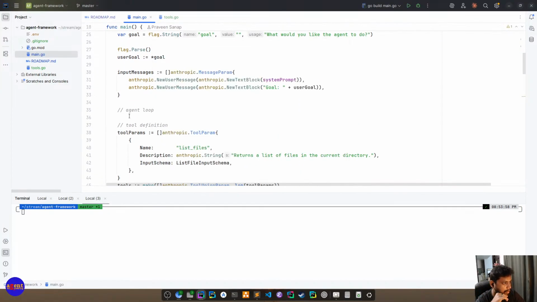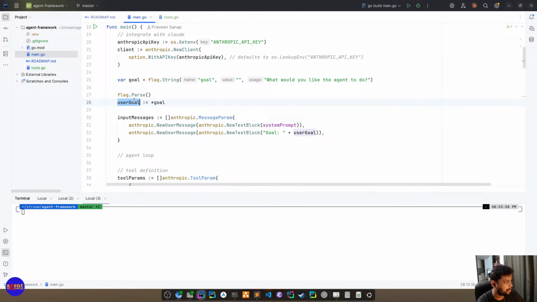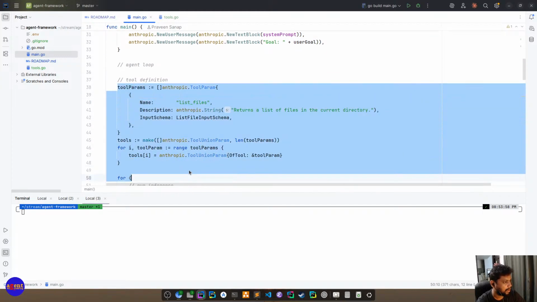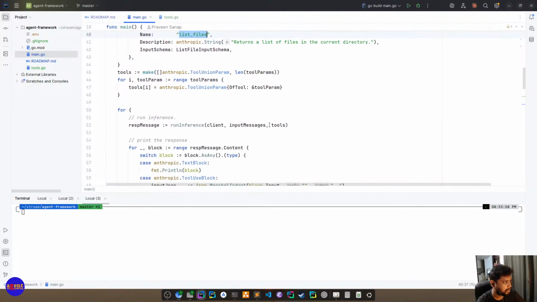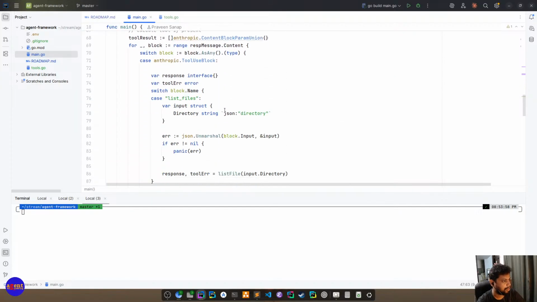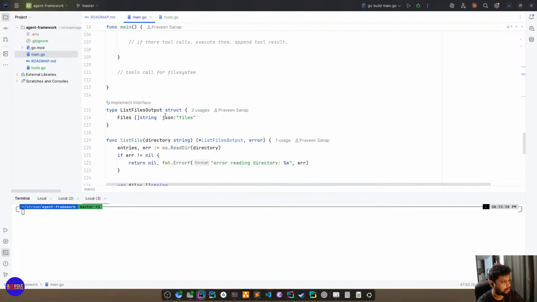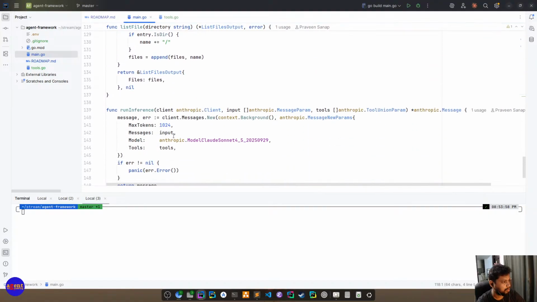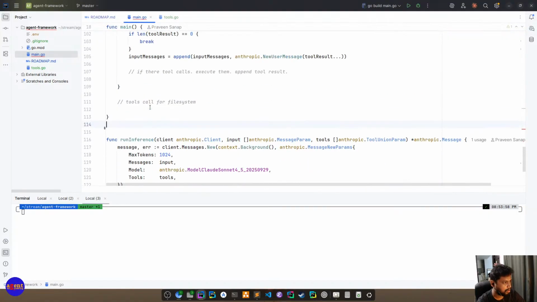Okay, we have a main file. We accept user goals. We define the tool definition, and we send it to Anthropic for the agent loop. This is the output and implementation.